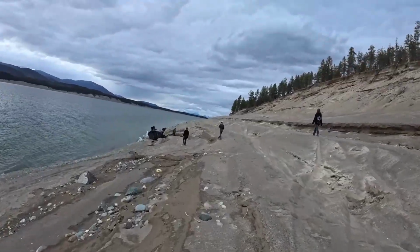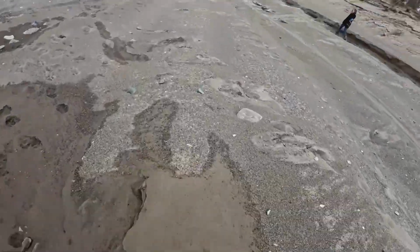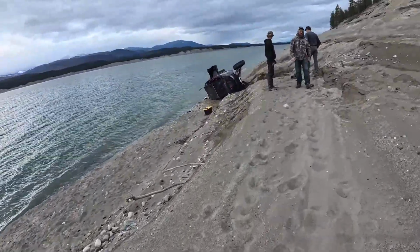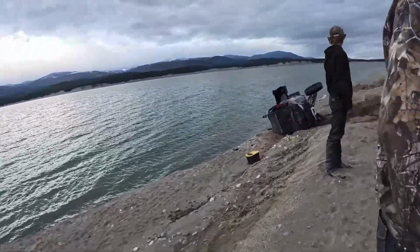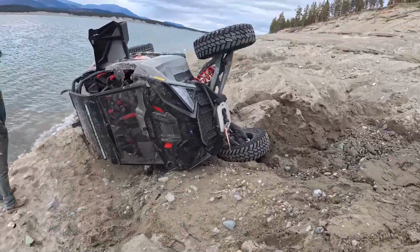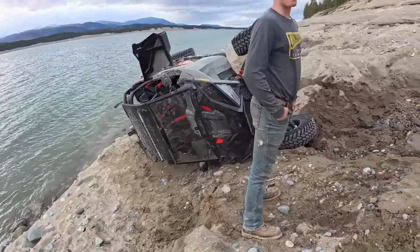Okay, we seem to have found the rig. How's it going? Oh, that's good. Yeah. How's it going? Good. I'm ready. I'm Tyrell. We got this. We're tough. Built tough. Built Ford tough. If I can get it back on its wheels, if I can get up to this shelf,